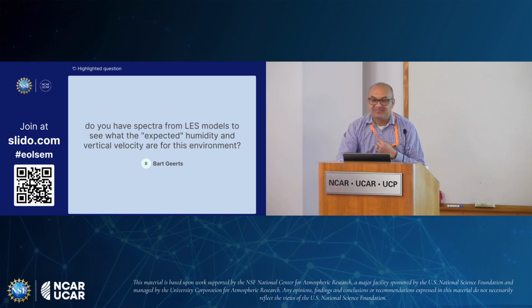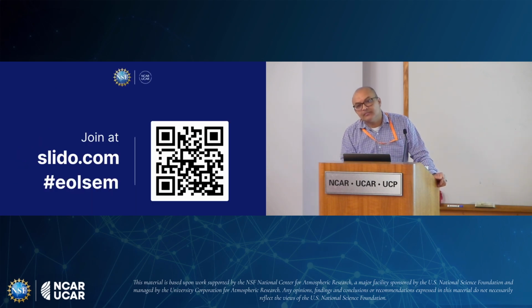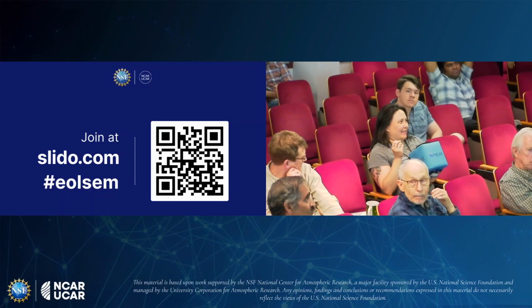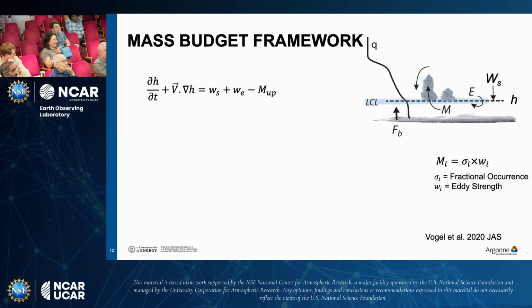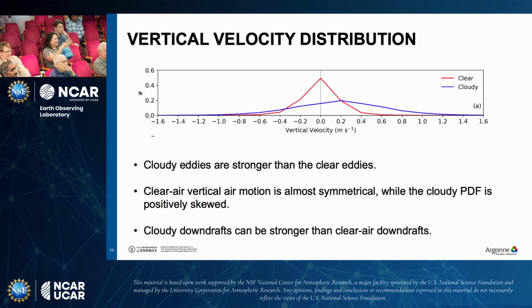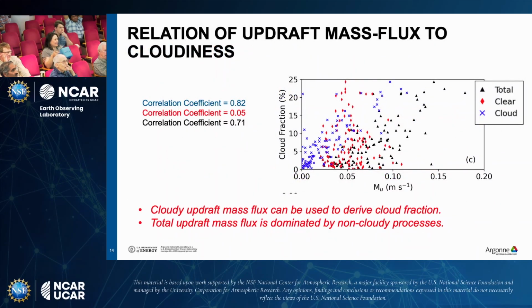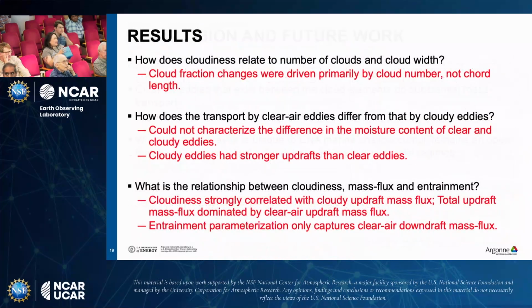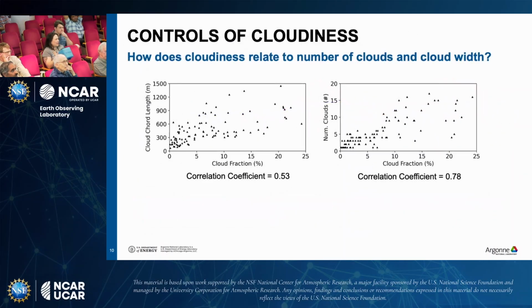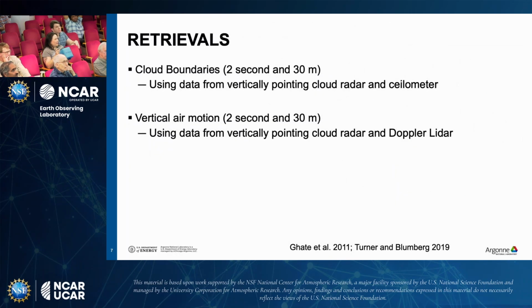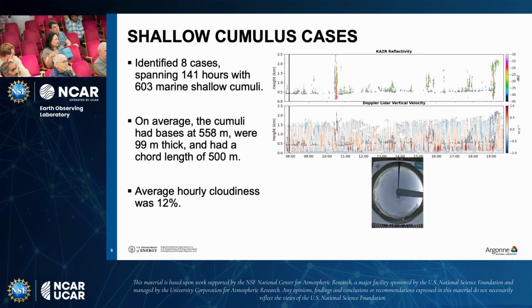Thank you for the presentation. I learned a lot. I'm curious about your thoughts on this binary approach for categorizing your profiles as cloudy and dry. Going back to the time series, while you were describing the story of this case, you said there's a patch with a lot more distance between clouds compared to some that are more like clusters. I'm curious if you've dug into the entrainment properties, where you might have cloud elements at a higher density versus a big pause in your clouds. Do you have any comments on that?